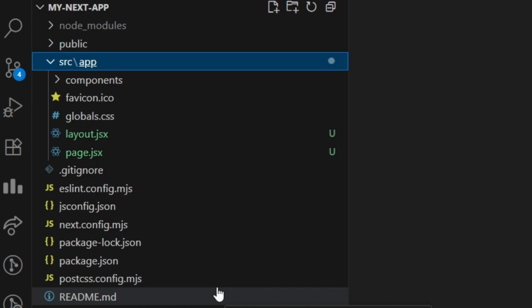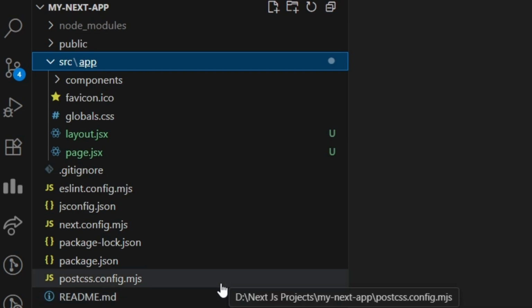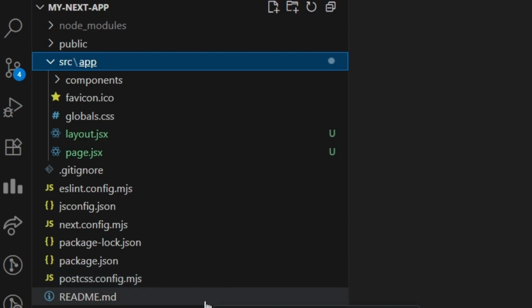It holds project metadata, scripts, and all dependencies. Package-lock.json locks the versions of installed packages. postcss.config.mjs is required by Tailwind for processing your CSS. readme.md, a markdown file to describe your project, setup and